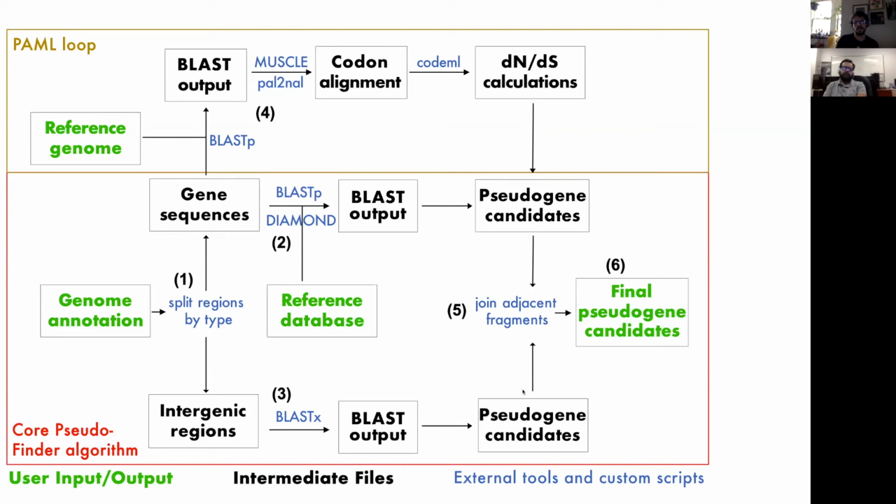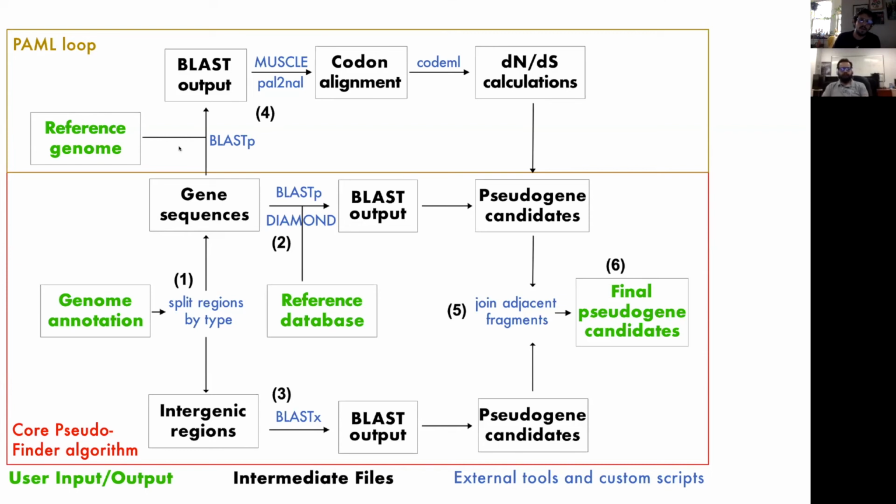So after this, it joins the adjacent fragments. If it found fragmented genes that are separated by stop mutations, it will stitch them back together, and it will produce a set of output files, which I'll go over in the tutorial. This PAML loop is the dN/dS part, or the selection part of the